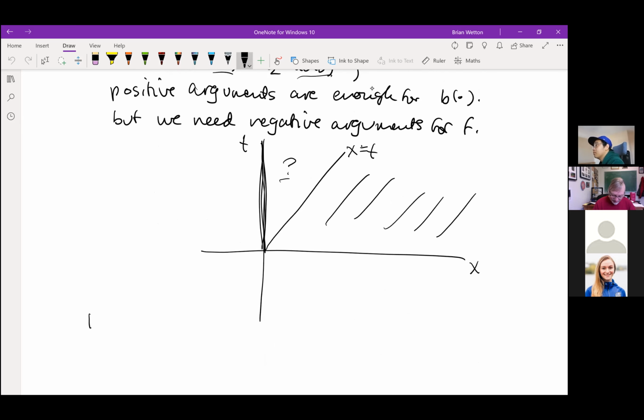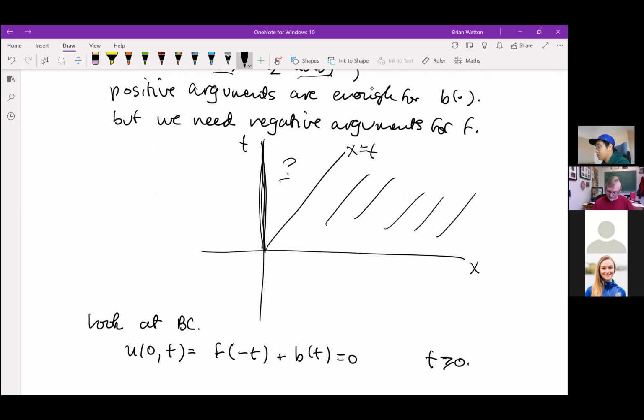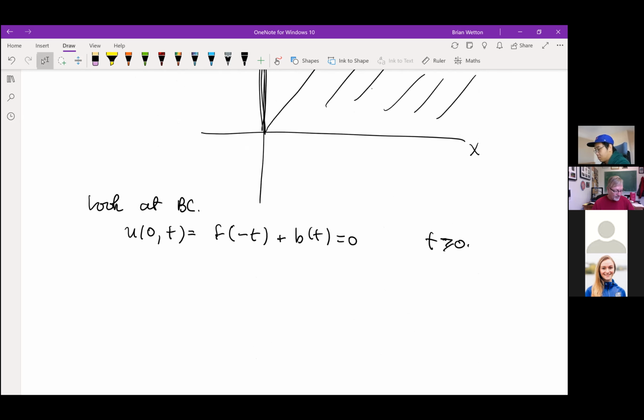So let's look at the boundary conditions. That's u at x equals 0 for all time. Well, I've got f of x minus t, so this is f at minus t. Oh, this is good, right? I need the negative arguments of f, and this is where they're going to come from. So that tells me,